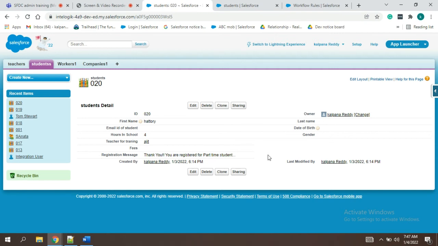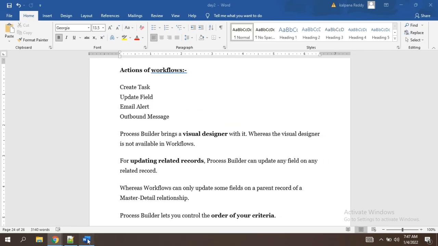At that point, a workflow rule has some limitations. Process Builder is another automation which can update any field of any related record, but in a workflow rule we cannot work on all the fields of the parent record. Only some fields can be updated on the parent record of a master-detail relationship, but not all the fields.